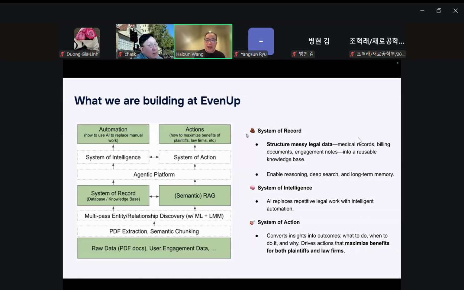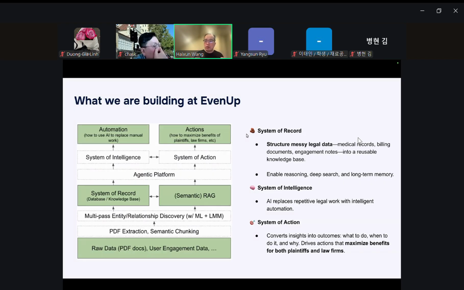And then we have the system of record, which is the database, and the semi-structured data, which is in the RAG. And these two systems coming together are becoming our data platform. And on top of it, we build this agentic platform, and on top of it, we have this system of intelligence and a system of action to support automation and to make good decisions. So this is the system we are trying to build here.